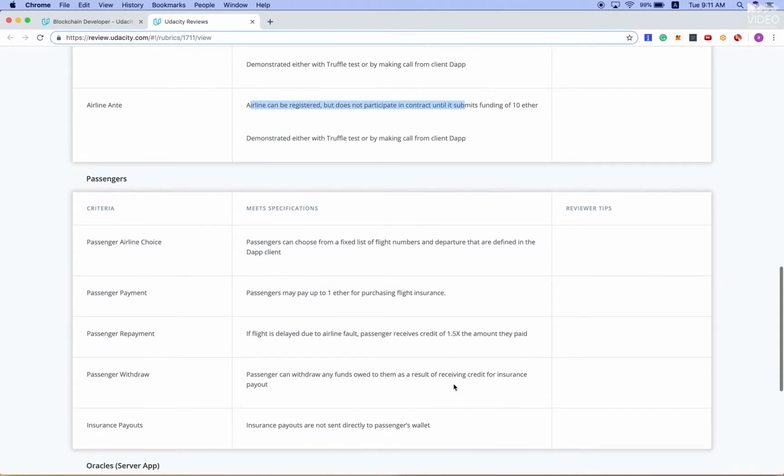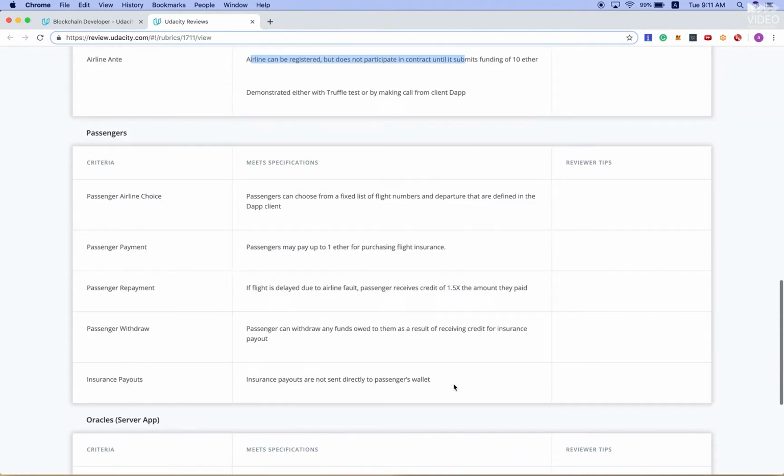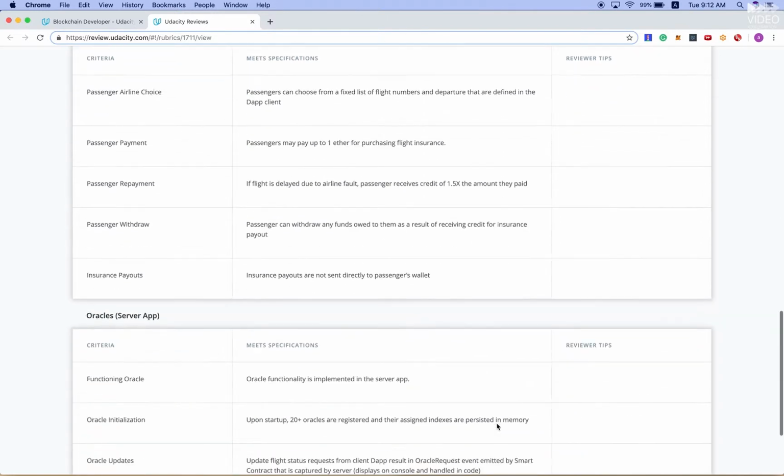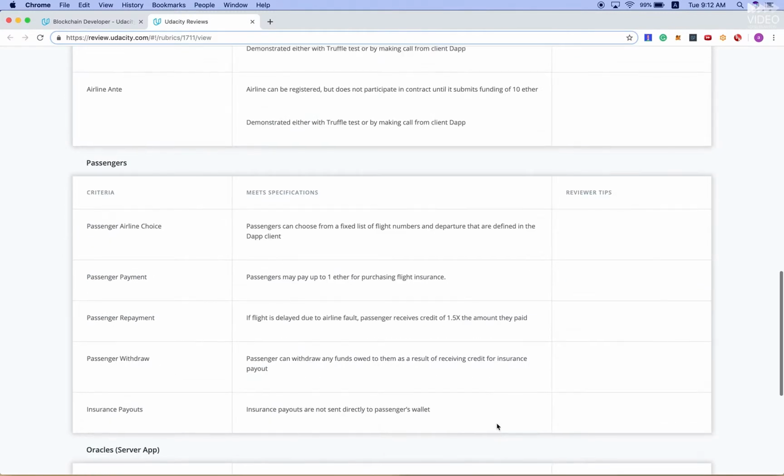Next, guys, I suggest that you work on the passengers part. So try to work on all of these specifications from the passenger. Again, all of these, except obviously this first one that includes the DL. For all of these other 4, please create a test in Truffle to prove that they work. Okay, that is important, really important. Please don't forget.